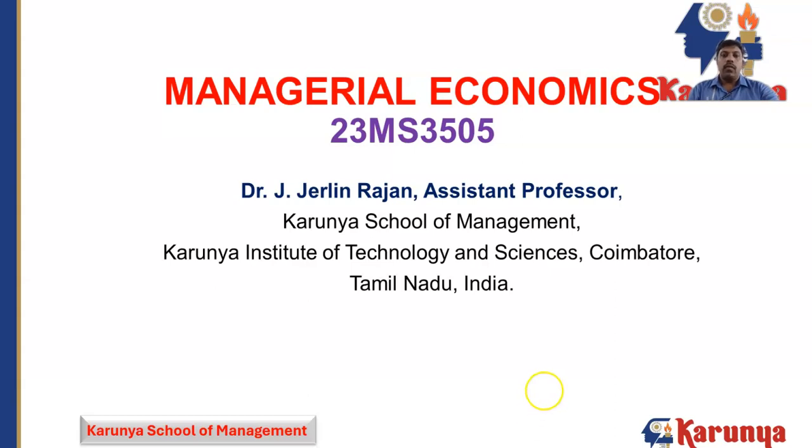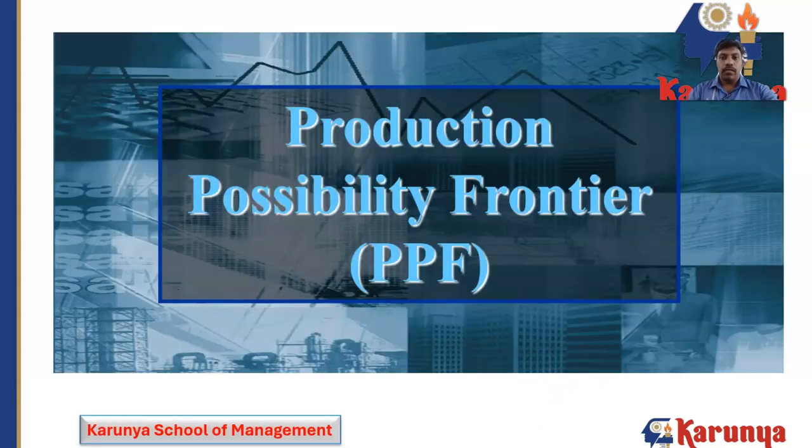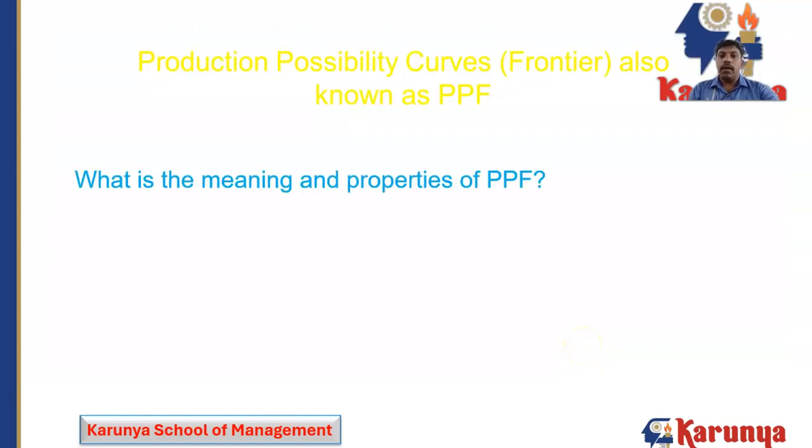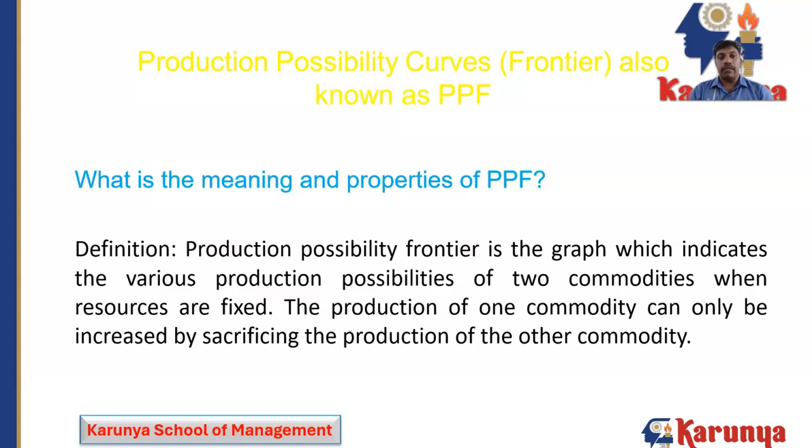Now we are going to discuss the production possibility frontier. This is one of the important concepts in economics. As we know, resources are scarce in nature. Even if we have a lot of money, we cannot buy whatever we want. That shows clearly that resources are scarce in nature. We studied scarcity in the definitions part of economics. So production possibility says that we make production possible by using all the resources available.